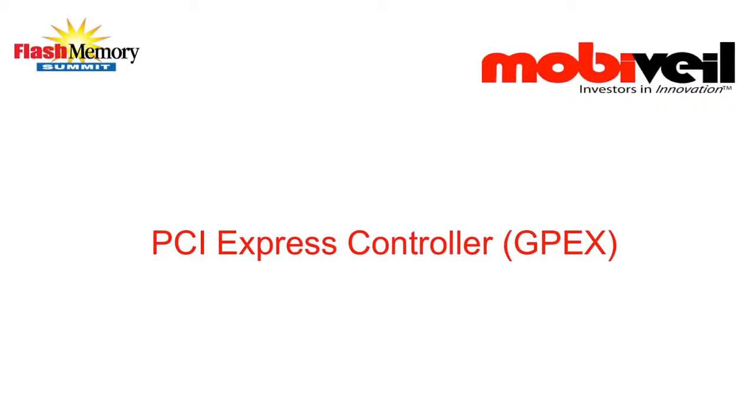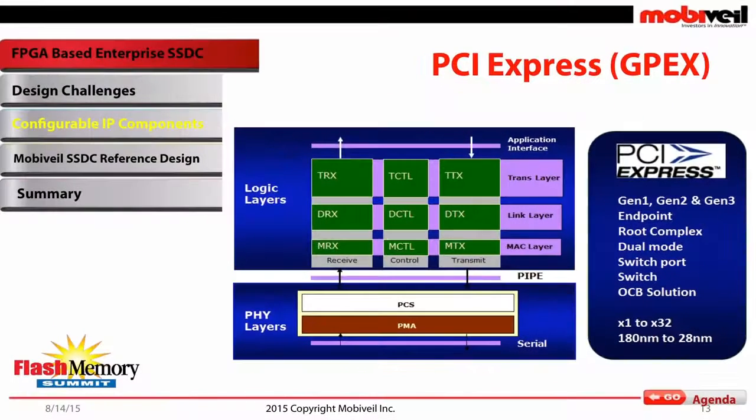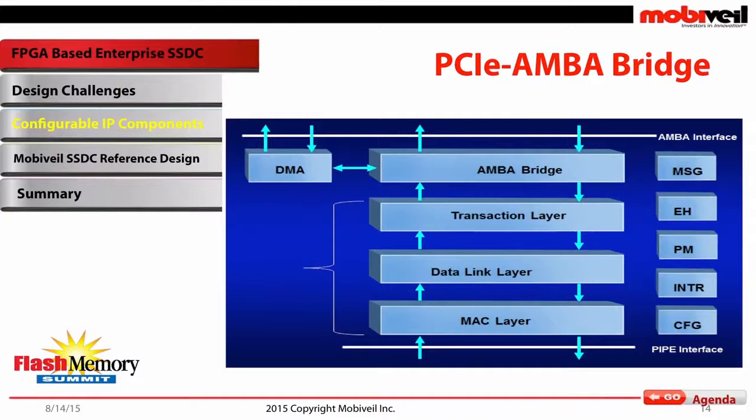Again, there is a lot of configurability in the PCI Express: whether it supports SR-IOV or not, what type of functionality on the PCI Express side it supports, and whether you can support bifurcation, which would be required if you want to have a x4 or 2 by 2s. Also, if you are looking to implement an SoC solution which already has an AXI, you would like to have a bridge sitting on top of the IP so that the interface becomes AXI and you can plug the PCI Express directly with, say, an NVMe controller or even the flash subsystem, which will also be AXI based.